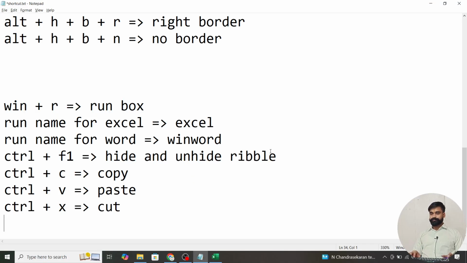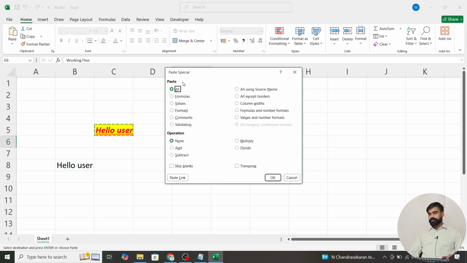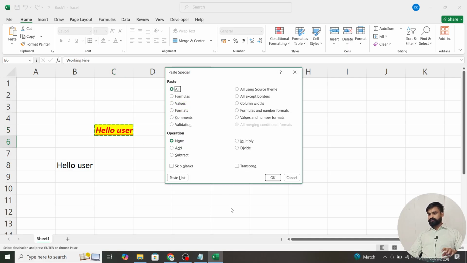So what is the shortcut for paste special? Control plus Alt plus V. Okay, paste special is available with Control Alt and V. So I come here and this pop-up will be available all the time. When you have to do this, just select this and copy this, come here, press Alt Control V,